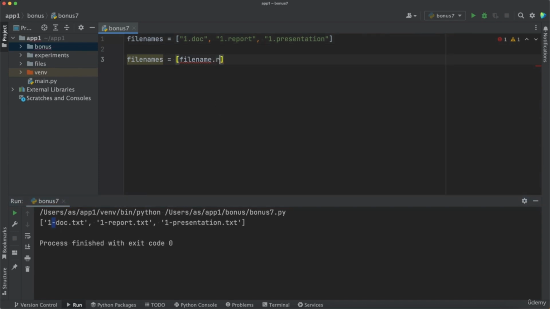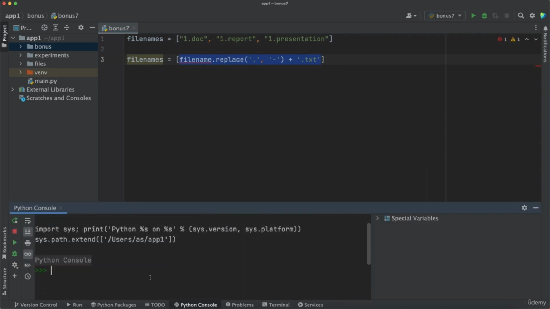Well, using dot replace. So file name is a string. In the first iteration it represents the first string, so that expects a string, which means the character you want to replace, and another string, the character that you want the existing character to be replaced with. So the new list is going to contain the string with that character replaced plus another string, which is .txt. So that will construct a new string,